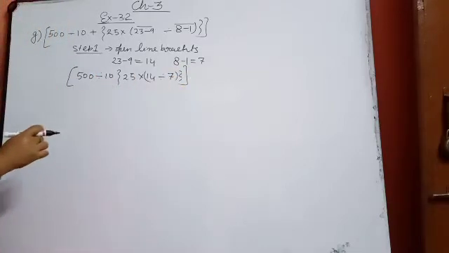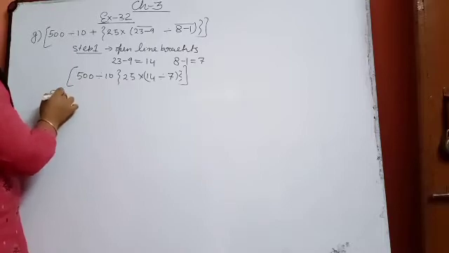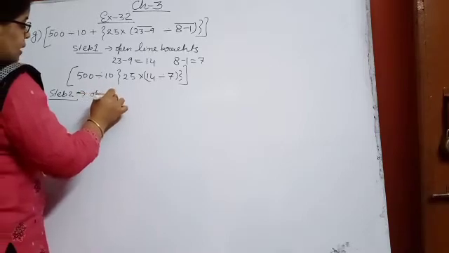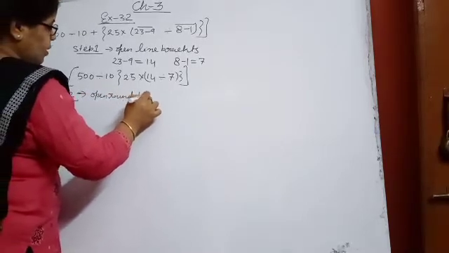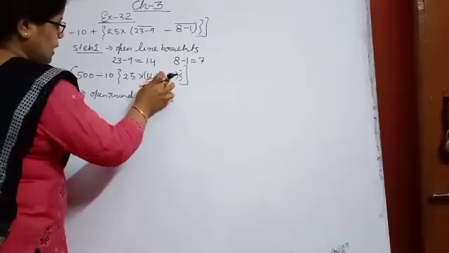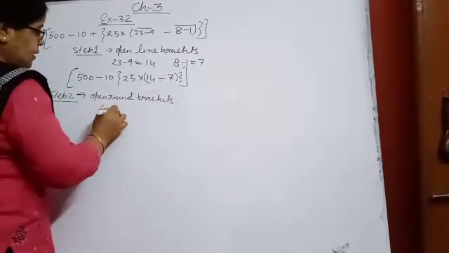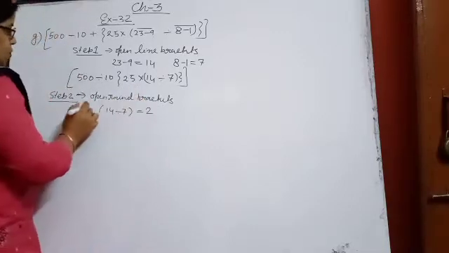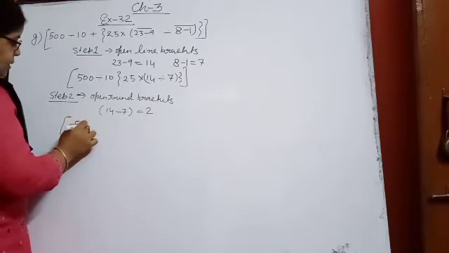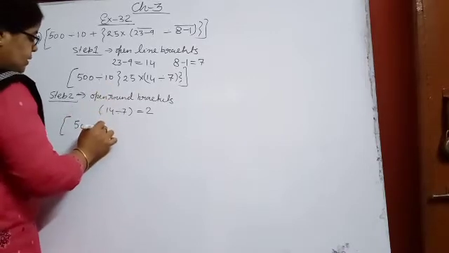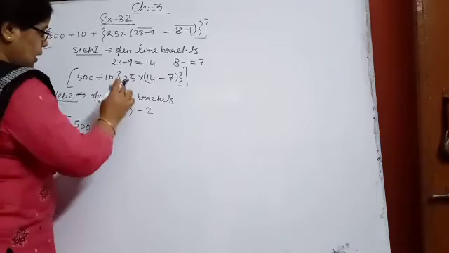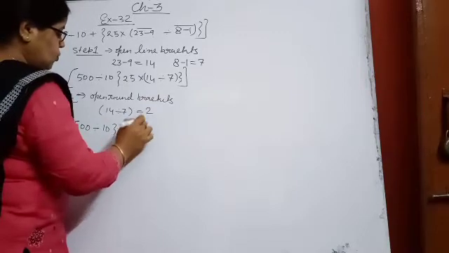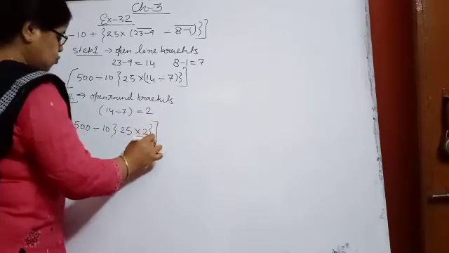Now beta, after the line bracket, step 2 is to open the round bracket. And you see that round brackets are here, meaning 14 divided by 7. What will it come, beta? 7 twos are 14, so 2 will come. So what will your question become? In every step you have to write what changes are coming in your question. Now this bracket part has been solved, you got 25 into 2, and then curly bracket and then square bracket.